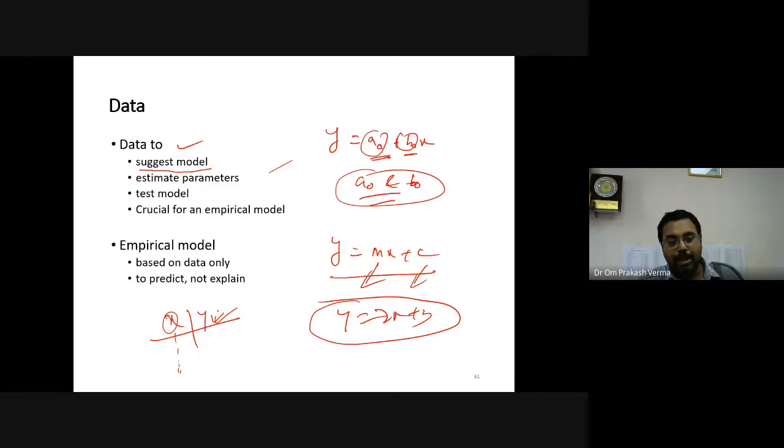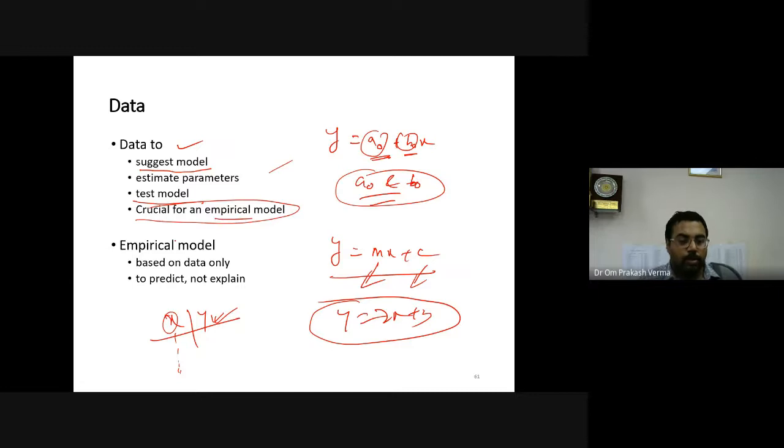Whether the model you found gets validated or not is based on the previous data, so we have to test that model. This is the basis of the empirical model.